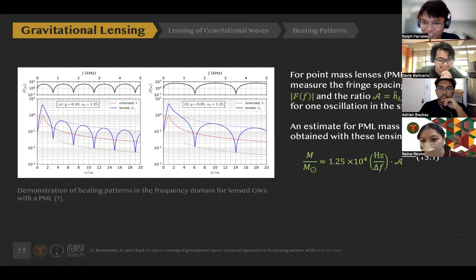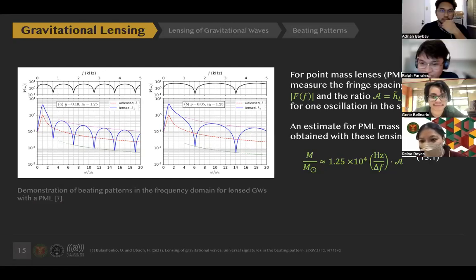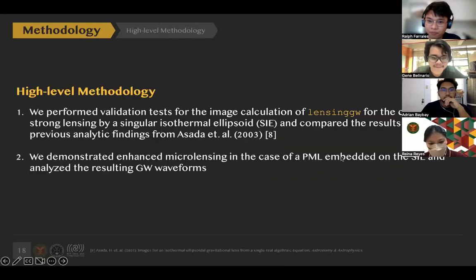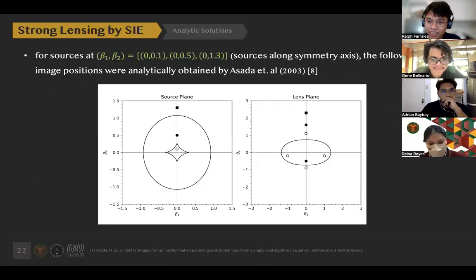Sige, thank you. Next question ko. Bale kinompare nyo yung results nyo dun sa analytic result for SIE. Bale automatic na that it also holds for SIS and PML since yung SIE lang yung chine-check niya. Tama ba? Yes, especially for the PML because